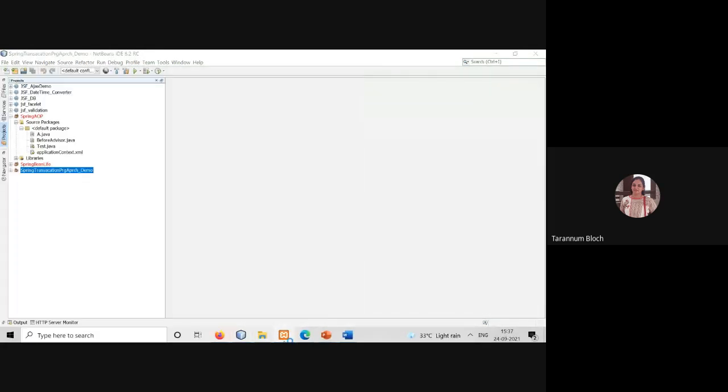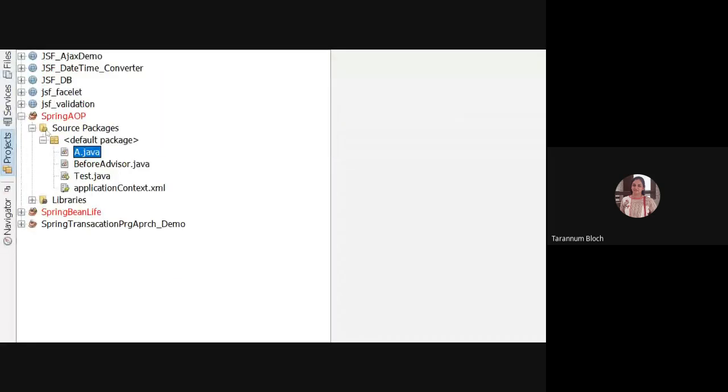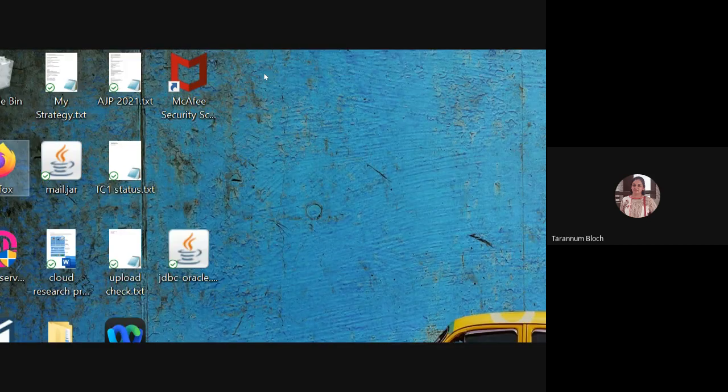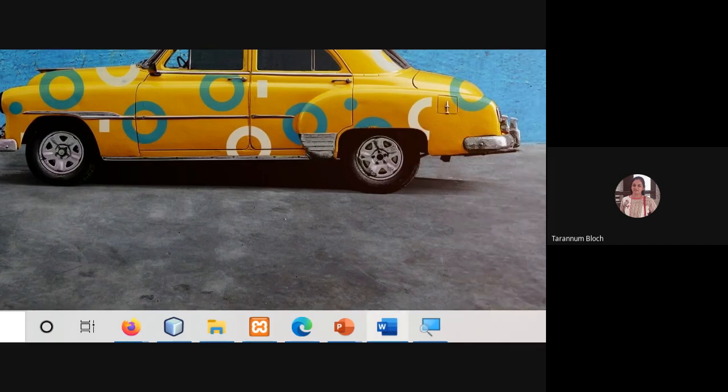I have created a simple Spring application. We have a source package and a default package. Before that, when you want to go with this, you need the AOP jar with you. In Spring, it is not given directly, so you have to add those jars externally.